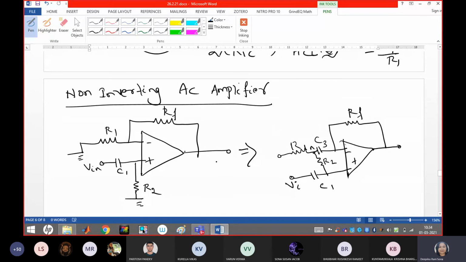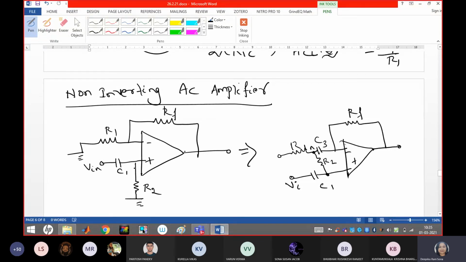In the non-inverting terminal and the node N, we can see that this is the non-inverting terminal and this is the node N. Both the nodes will be at the same potential. So R2 carries almost no current across this. So what happened, guys? Hence the circuit will have an extremely high input impedance.